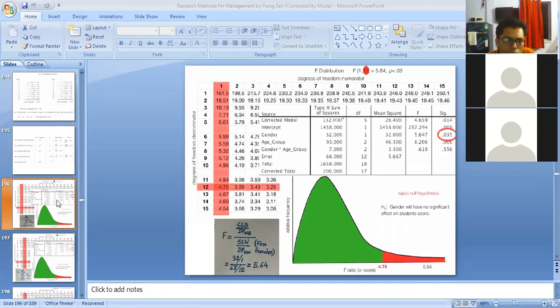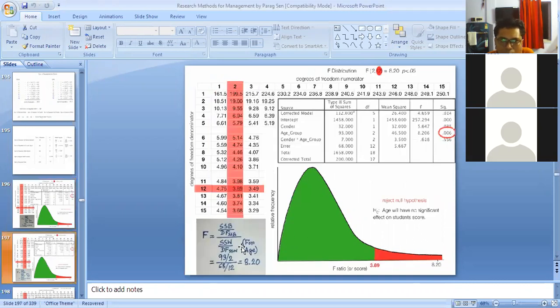Okay, so just like the second pair of hypotheses, if you look, you are getting the F score as 8.2 for age. Okay, and your